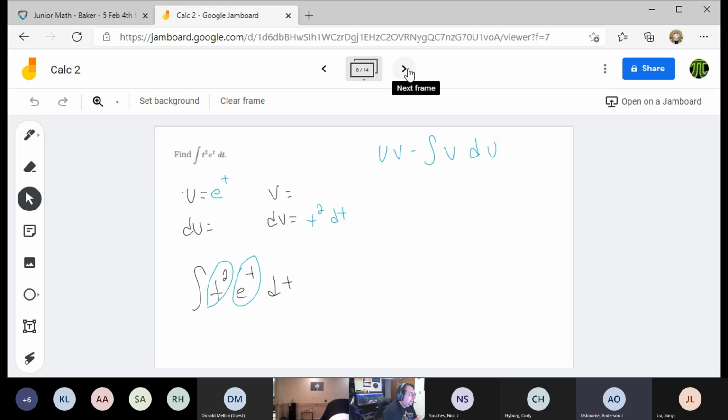Would it just be e to the t again? It would be. All right, so that's e to the t. What's the integral of t squared? T cubed over 3. Very good. All right, so let's write the problem down now. So u is